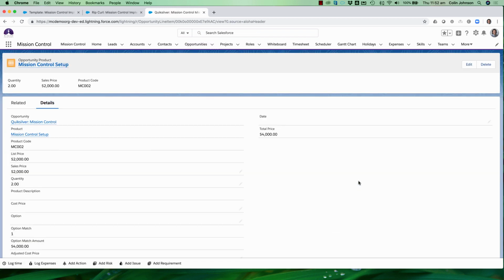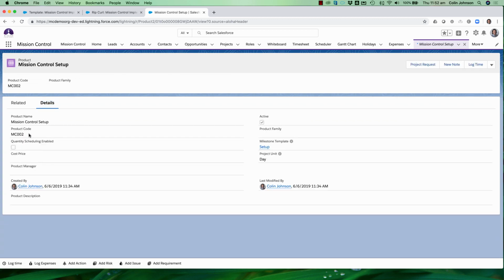But if we take a look at the Mission Control Setup product, I've got two new fields that you can add to your page layout. One is a lookup field, allowing you to reference a milestone from a template project. We've also got this project unit, which allows you to indicate how you're selling this product: are you selling it in units of days, or in units of hours? So what I'm saying here is, if I sell this product called Mission Control Setup, I want to generate this milestone as part of my new project,